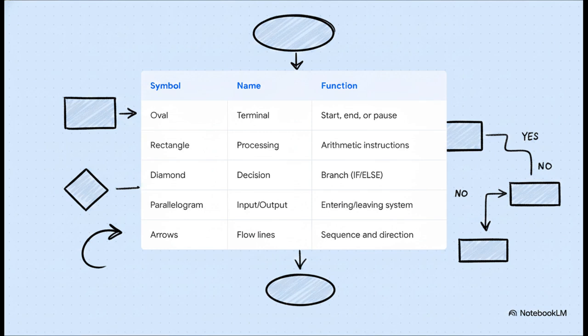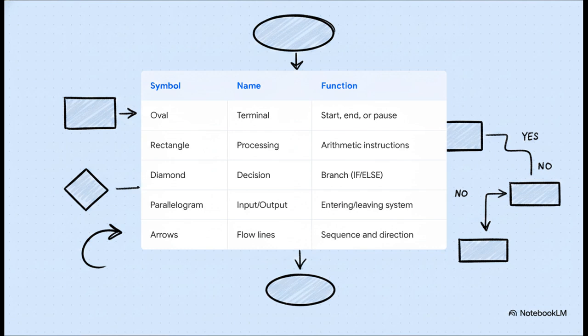Think of an oval as the terminal, the hard start or end of your program. A rectangle is for processing, like doing math or moving data around. The diamond is super important. It denotes a decision where the path branches based on a simple yes or no question. The parallelogram shows input or output, and the arrows, the flow lines, show the exact sequence and direction of all